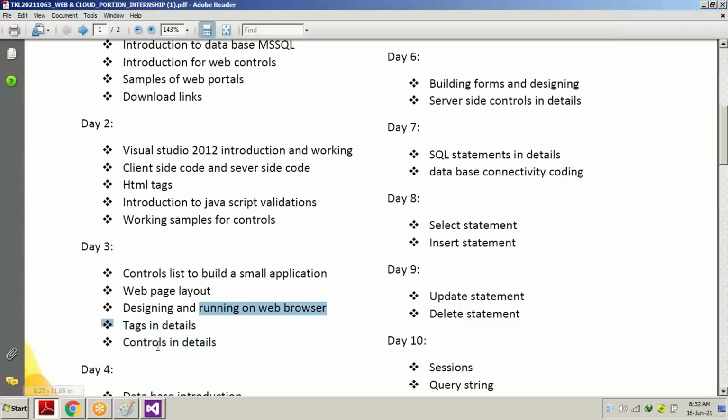We're going to learn tags and controls in detail. What are controls to be used? I will show you some web portals, some web applications, the controls which are being used in them, and why they are being used over there. And when we do our project slowly and use those particular controls, everything will be clear in your mind.